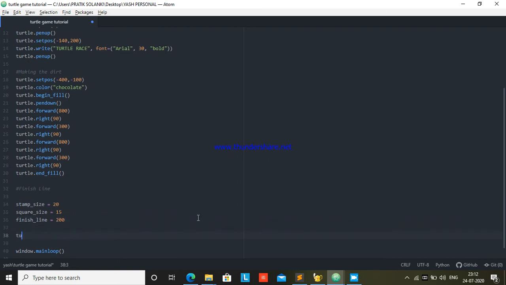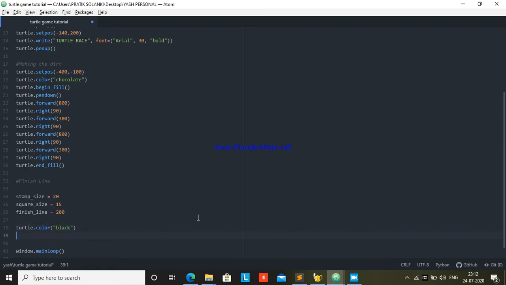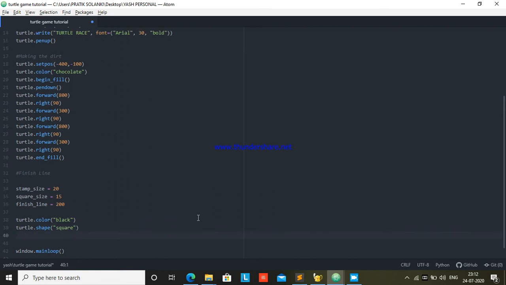So now actually let's just make the finish line to the color. Now this is gonna be a little bit complicated, because you're gonna be using for loops to determine the black and white of the finish line, because it's gonna be like a black and white finish line. As you can see, the finish result. So square